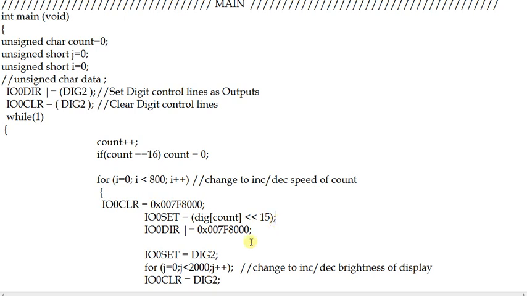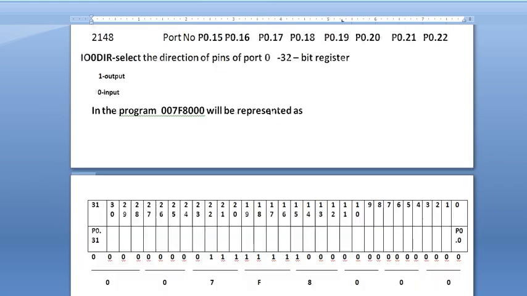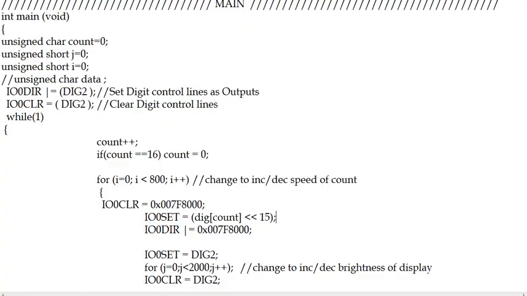This is one of the key points here. Our values will be represented from the 15th bit, but the value comes from bit 0, so we need to left shift by 15. That is why the digit of count 0 should be set at the 15th bit position.